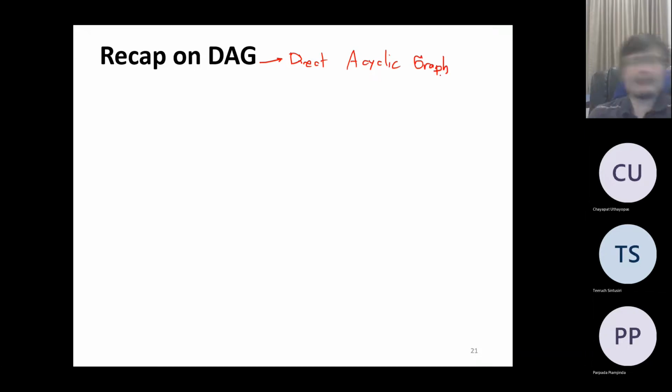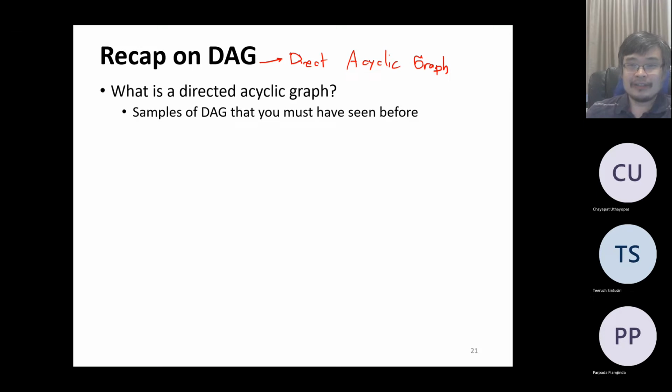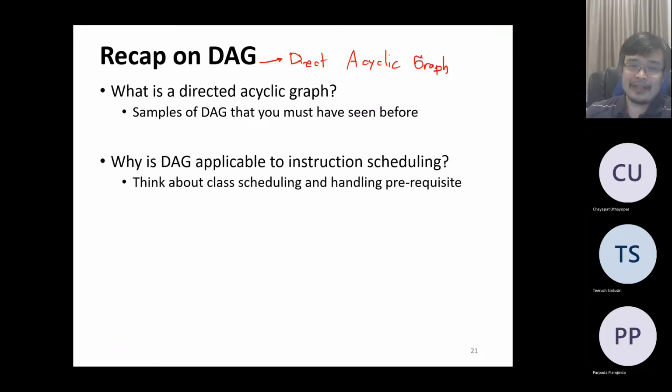So fundamentally, a directed acyclic graph is basically a graph that has direction and there's no cycle, right? A graph that has direction and has no cycle. For example, if I have things like prerequisites for your class, right? These are DAGs, these are directed acyclic graphs. And this is applicable because when you talk about handling prerequisites, it's the same as the data flow graph, right? This is going to look similar to the data flow graph where